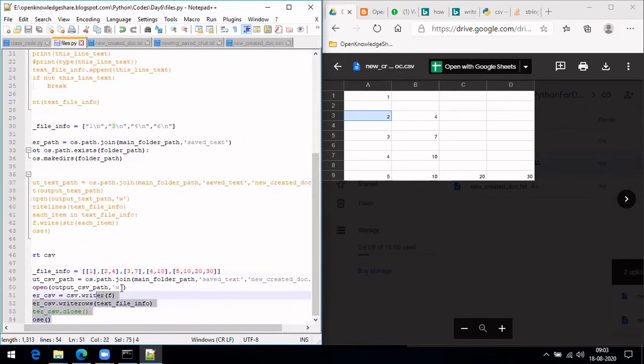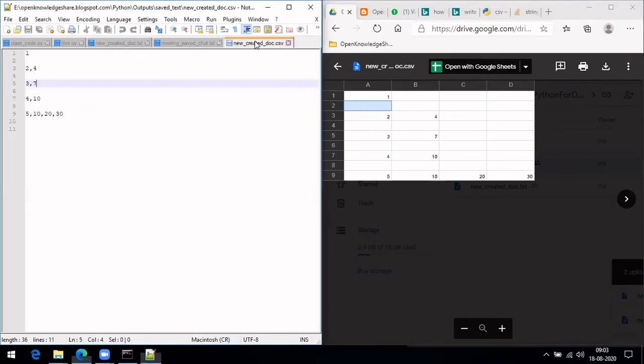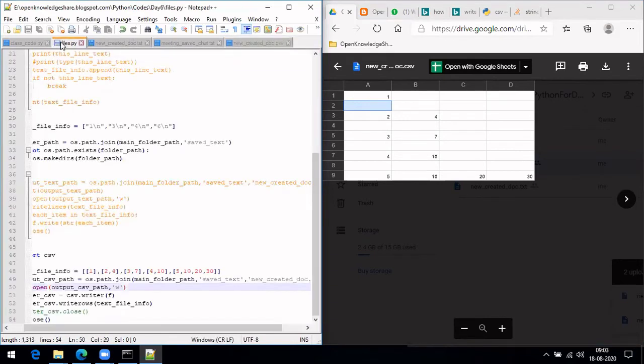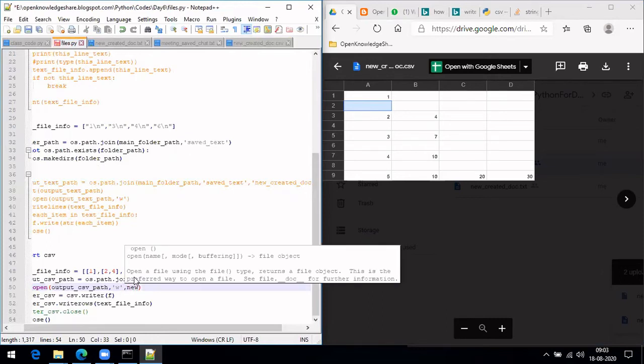You can see there is this problem of getting an empty line here, and you can also see it here. You got this empty line in between, so that was the issue with the newline argument. How we can avoid that is, there is an option where you define your newline.